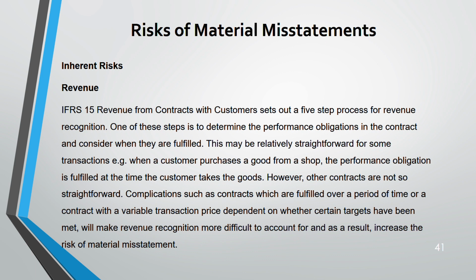That's why I've first taken revenue. In your AAA exam, revenue recognition is the most important. 80% of the risk is in the revenue recognition compared to all the other parts. And then we have obviously foreign currency, financial instruments. Why? Because these are complex areas. Easy things, risk will be less, so we don't have to worry so much. The risk will not be material. But revenue recognition, yes, risk is going to be material.